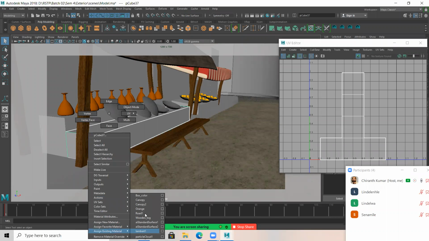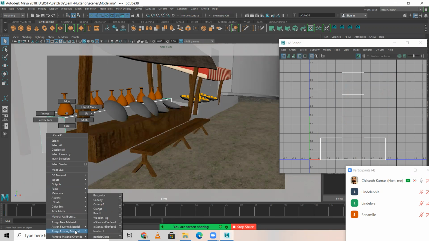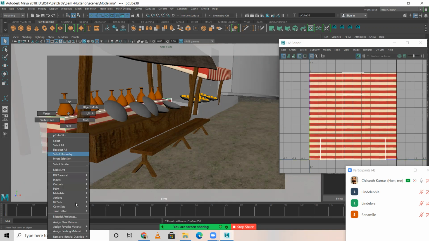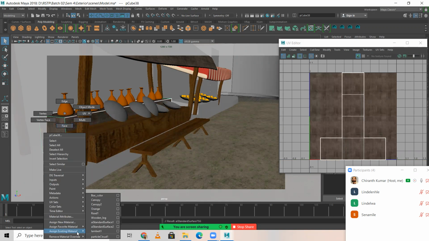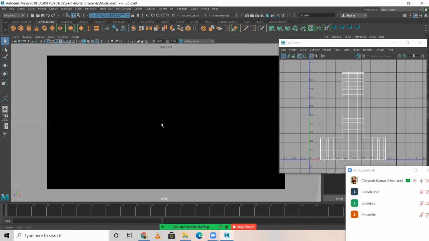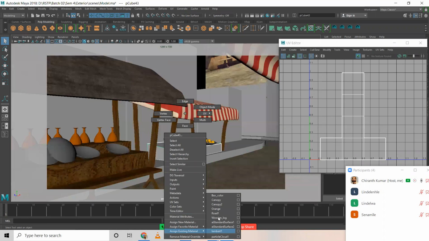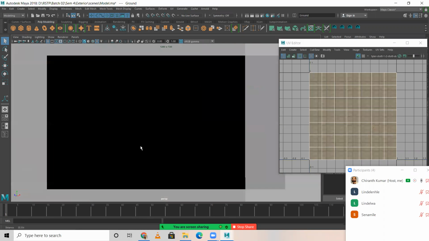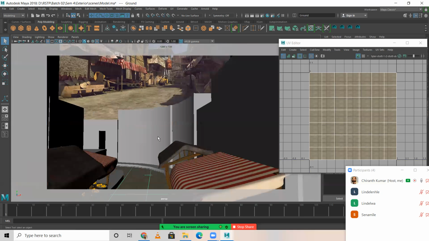Let me assign the same wooden log wood texture only for this. Kind of it doesn't look good. So I've added wooden log here. I select this. Let me add wooden log only for this also. Or any other wood texture also we can apply. But for the time being, let it be like this.